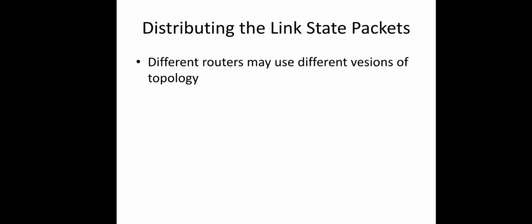Remember, this link state packet is not given to its immediate neighbors alone, but to all the routers in the subnet. Definitely different delays will be incurred by different routers to receive this information, right? Like this, all these routers will exchange information with all other routers. As a result of this varying delay, different routers may use different versions of the topology, because this information will be received by some of them immediately, and some others may incur a lot of delay and will receive this information after a long time.